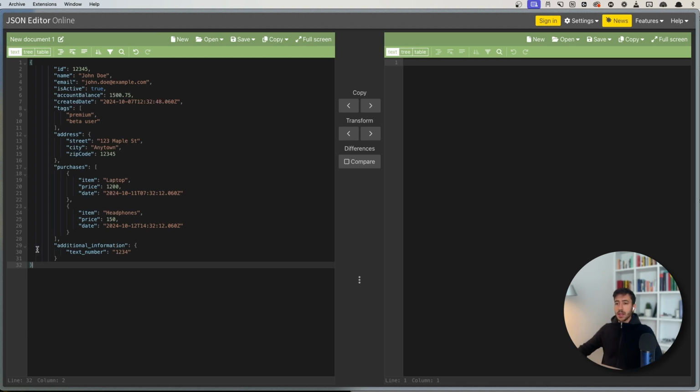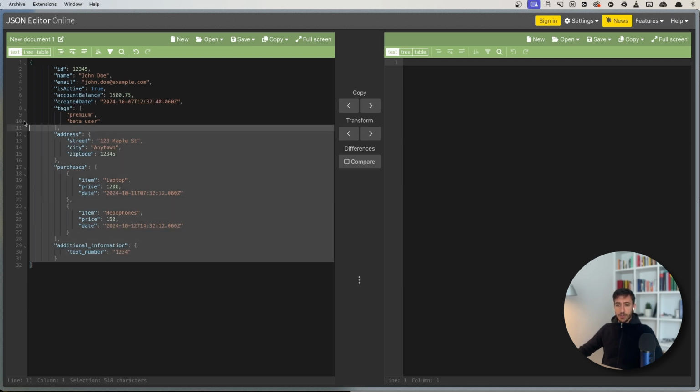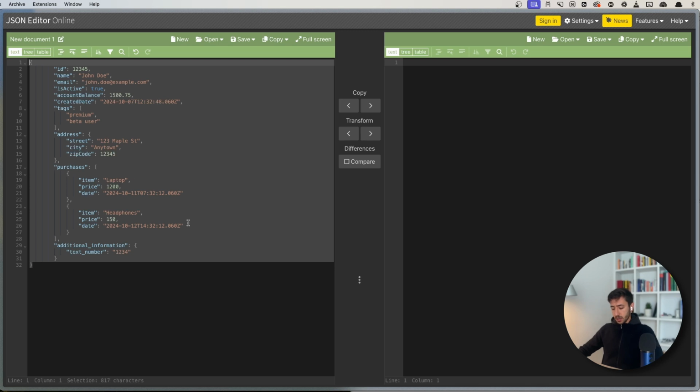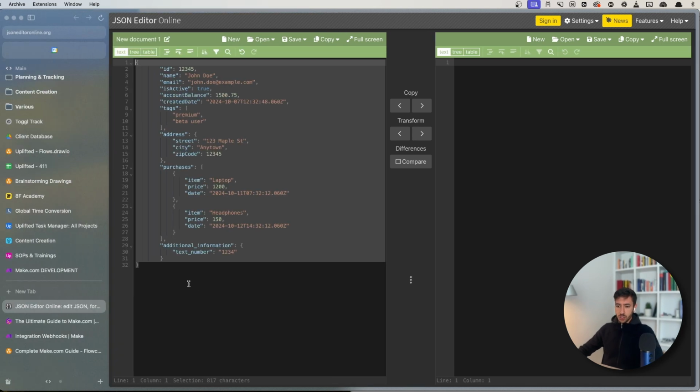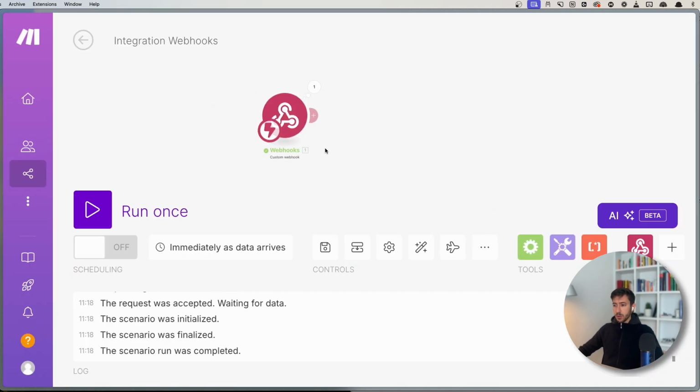So in this way, this is an actual trick that I use all the time where I need to copy paste different data, have a look at it in a more clear way, and see where problems might be. Another thing that you can do is copy this JSON over here, and if you go back to Make